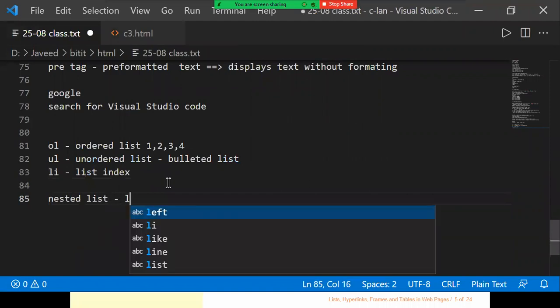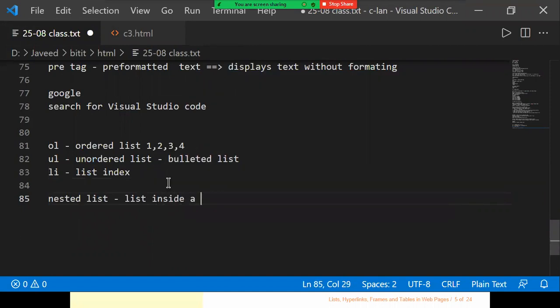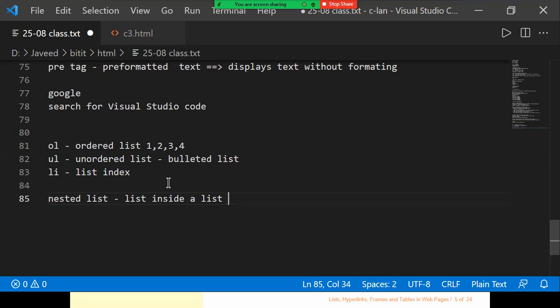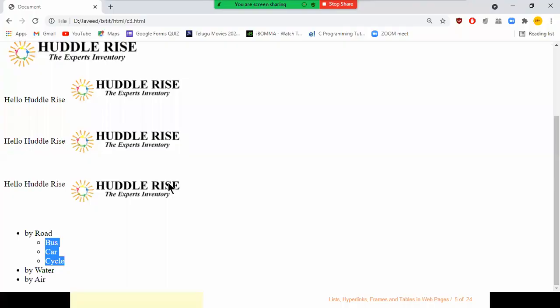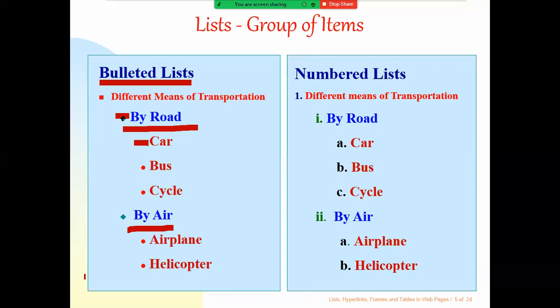Okay, a list inside a list. A list inside a list is called a nested list. I'm going to have a list inside another list. It's what we call the nested list, right? Like this one. By road, we said bus, car, cycle. So instead of this one, by water,